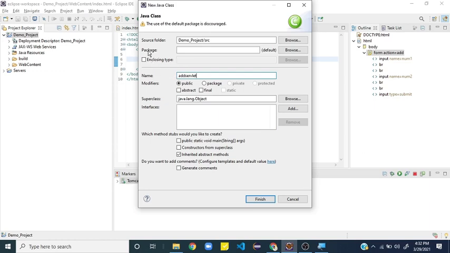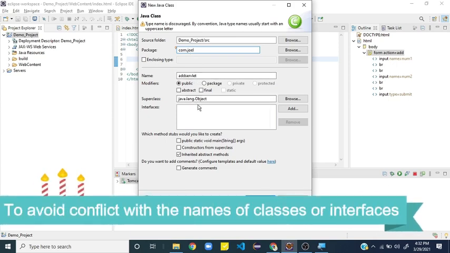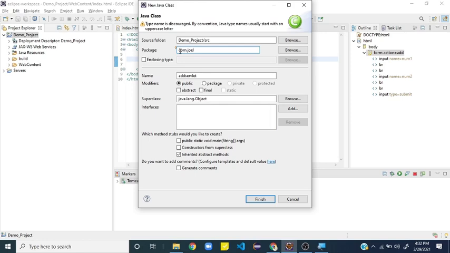And next thing, you have to mention the package. The package should always start with com dot, and then you give your own preferred name. So let me give my name, Joel. The purpose of giving this package is to avoid a collision of class names, because when we talk about programming, multiple programs will link with one another. So we have to identify which program belongs to whom or which package. That's the reason we give this package name. So it should be like com.joel. Automatically a package will be created for you once it's started.